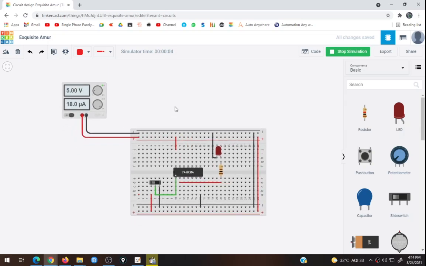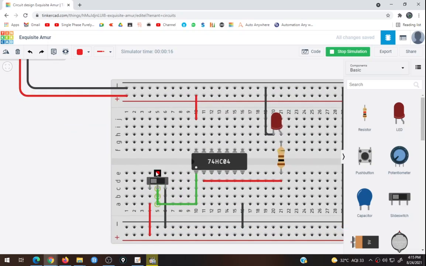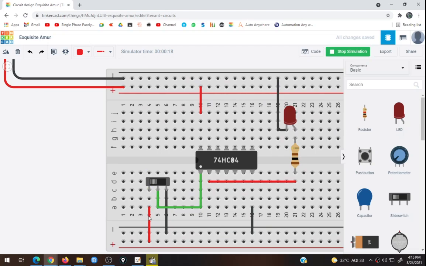So now here you can see your input voltage is 5 volt, so 5 volt is applied to the IC. And now the input is 0. Sorry, input is 1. Why? Because the slider is in the left position, so 5 volt is now connected to the input. So when input is logic 1, 5 volt means logic 1. So when input is 1, your LED is off, means your output is 0.